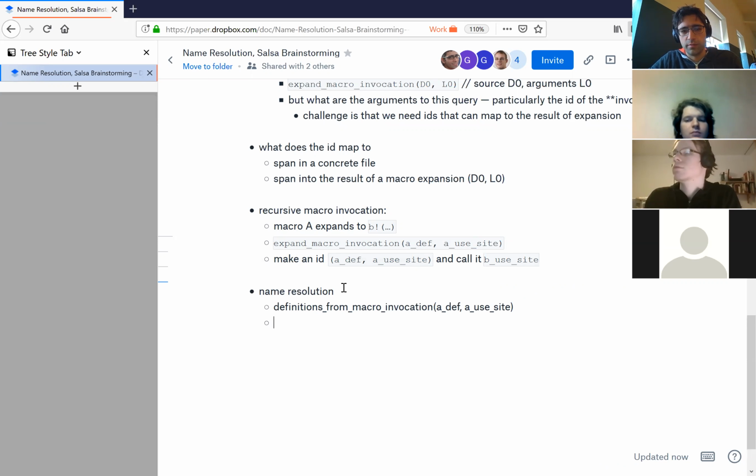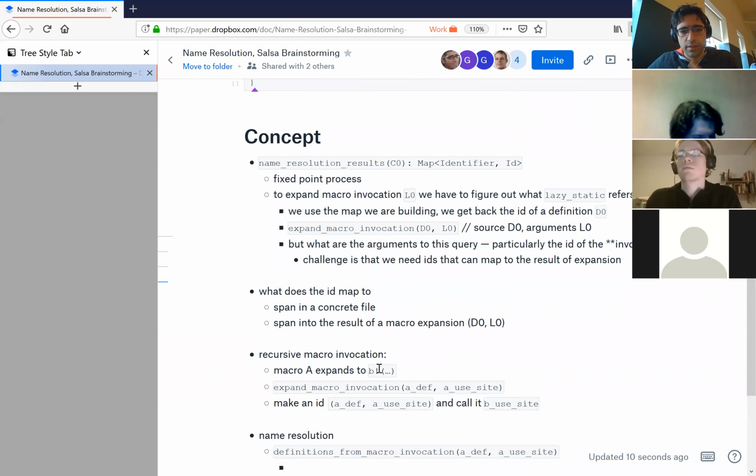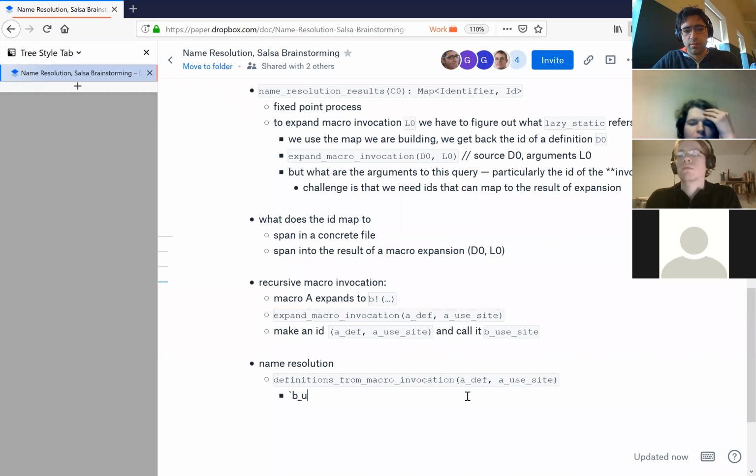A use site, which I guess this would probably return back. Maybe definitions isn't quite the right term, but it has to include also the macros that need to be expanded further. But I think this ID should be relatively stable. Like it would return back the use site basically. Which hopefully didn't change. Actually using spans isn't probably great, but if you had a more stable form of identifier, then